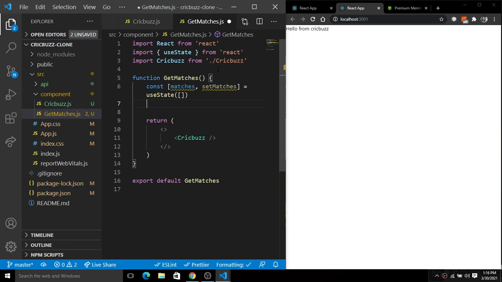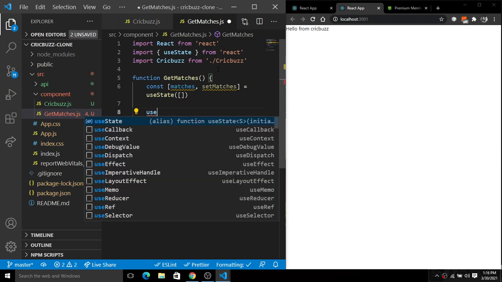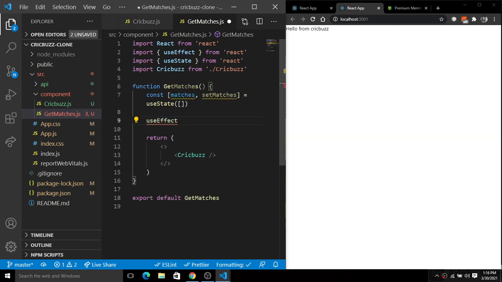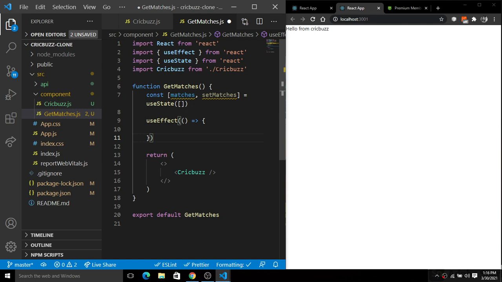So next we will get the data, API data, JSON type data. So for this I will use another powerful hook, that is use effect. So here we have this use effect, and inside of this use effect we will simply pass the dependencies or empty array here.